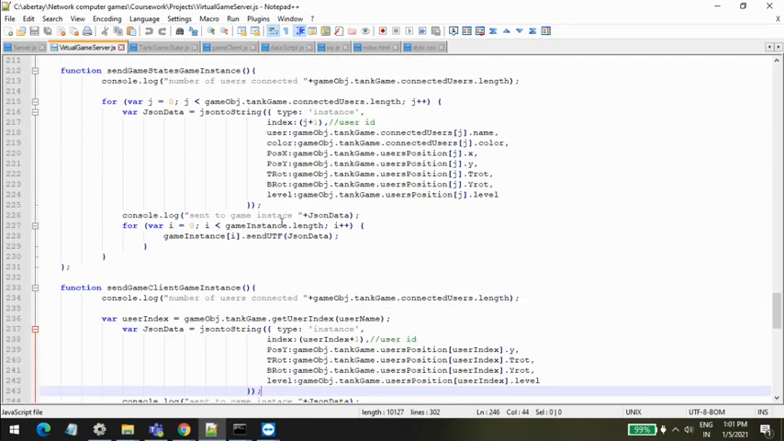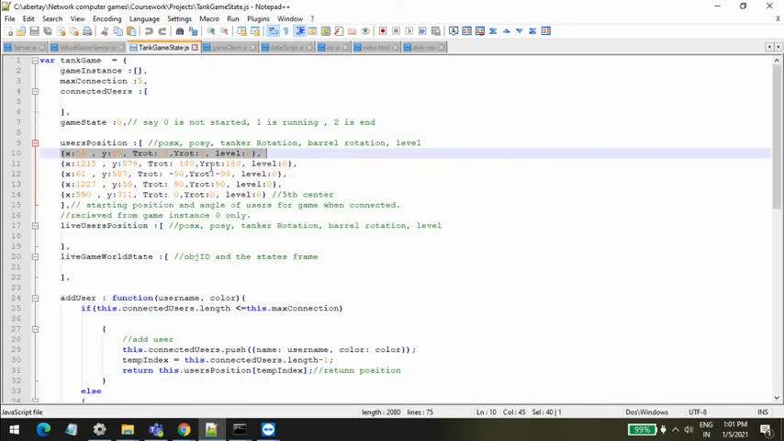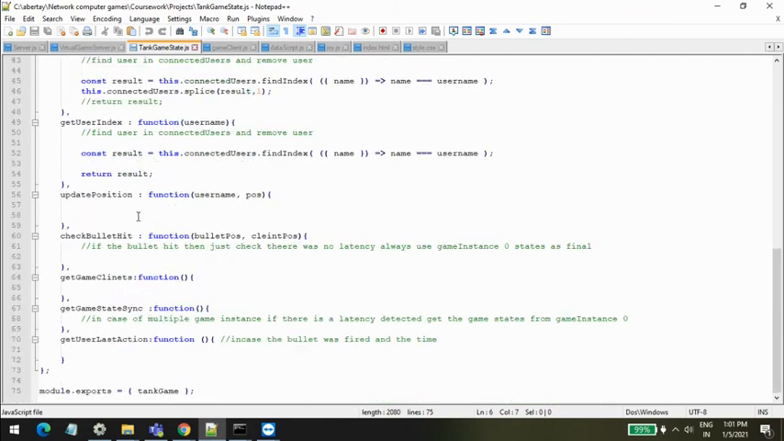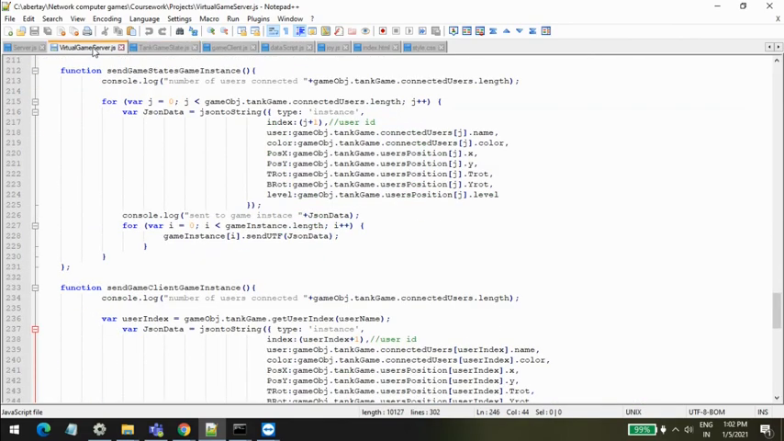This is also loading this tank game instance, which holds the user data and other methods. Of course, the game